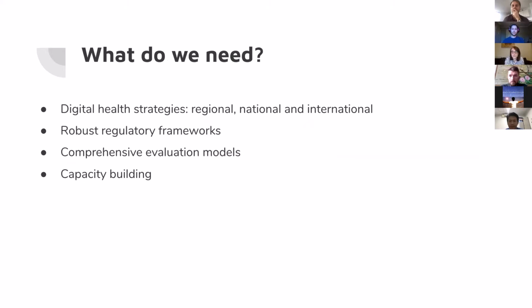So what do we need? Digital health strategies. We've seen a number of these already. As talked about right at the very start, the country that's doing this absolutely the best is Rwanda, and I would definitely recommend that you check out everything that's gone on there. They did a 5-year strategy until 2020, and they've now got another 5-year strategy coming out. And what they did particularly well comes into this next idea of robust regulatory frameworks.